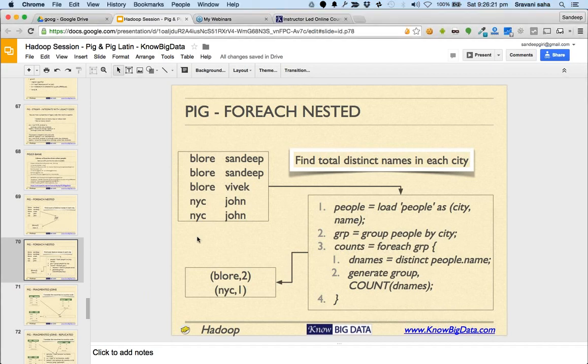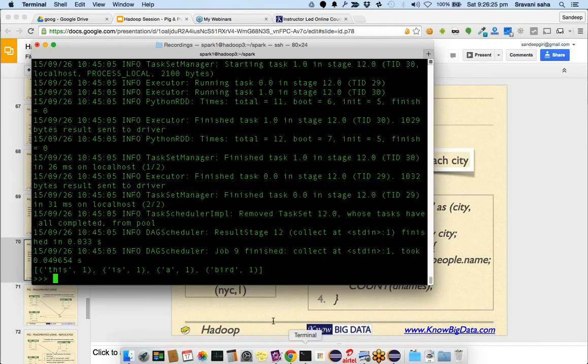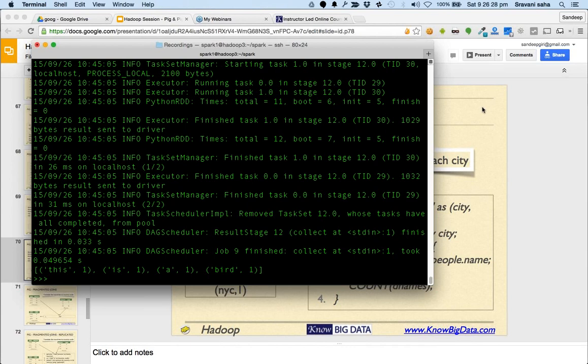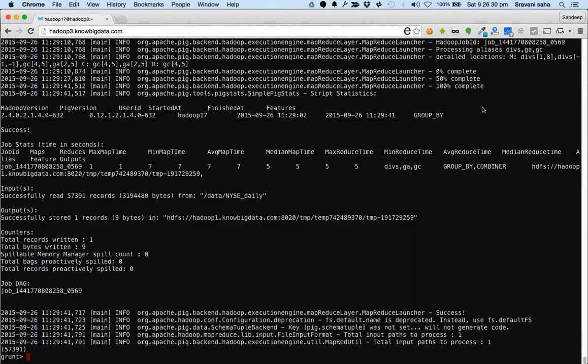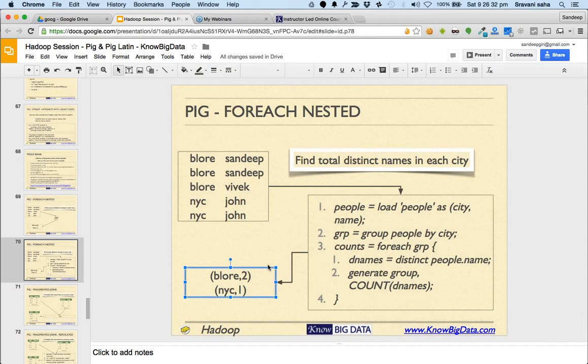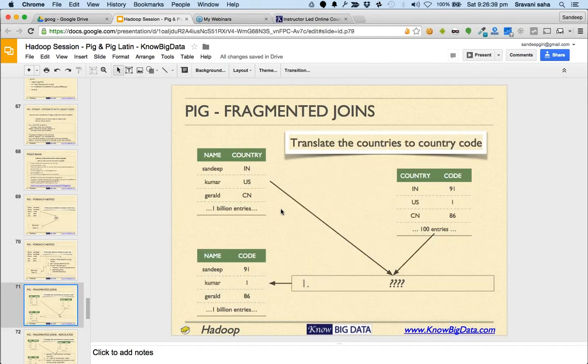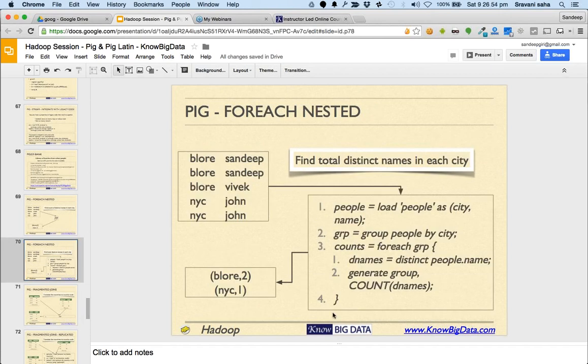All right. Next is an interesting example of fragmented joins. So yeah,